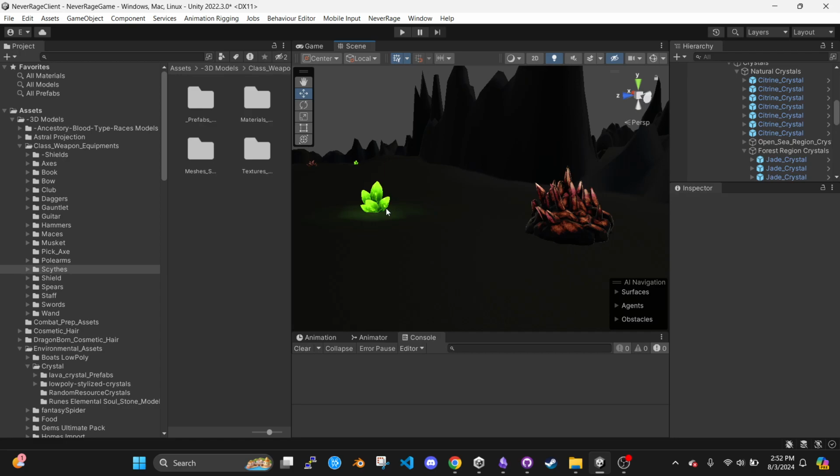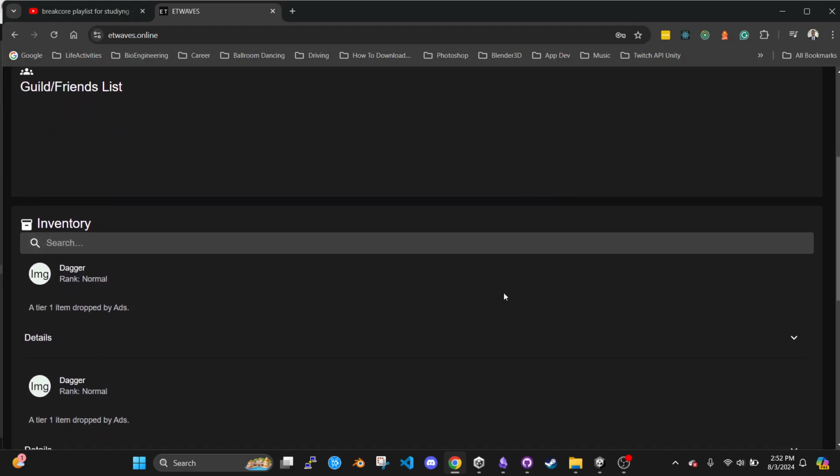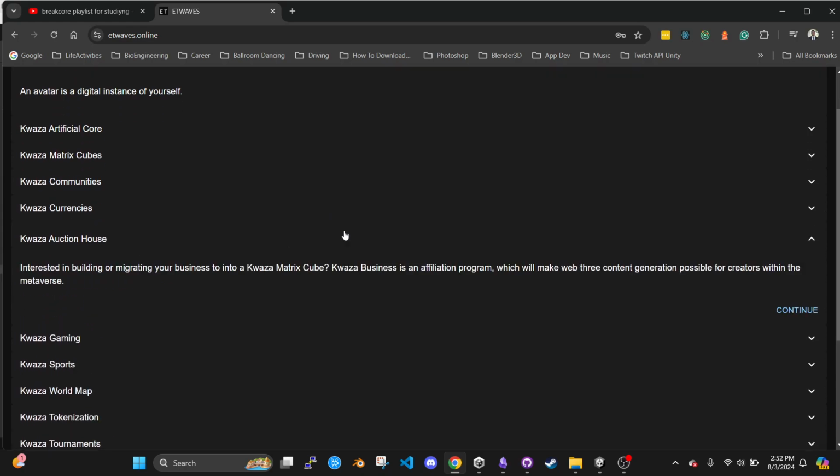The fragments will be collected in the cloud infrastructure that we have, and will be sent over to your avatar's inventory from the cloud to the interface here, and you'll be able to use that resource to go into the auction house in our API,